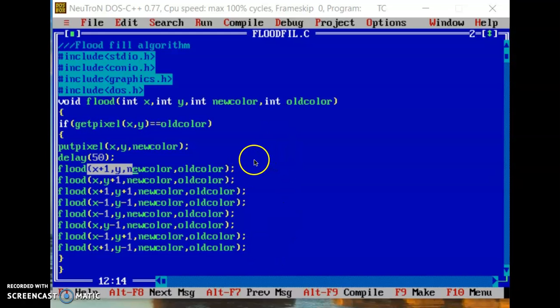We have studied what the 8-connected and 4-connected methods are. In the 8-connected method, the 8 pixels adjacent to the particular pixel are considered, and here the same method is used. In the 4-connected method, only the 4 coordinates adjacent to the particular pixel are considered.